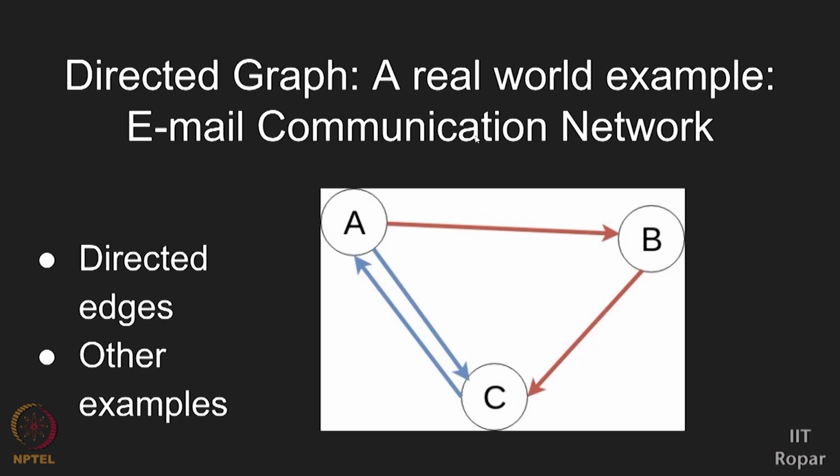In the case of social networks, you can consider matrimonial networks, like which person has contacted which person, based on whether the person has replied back to the profile, something like that. You can construct it as a network and you can perform analytics. Once you have modeled your data in the form of a graph data structure, analytics is very easy further. That's why there are many applications where this graph data structure, the directed graph especially, comes very useful.